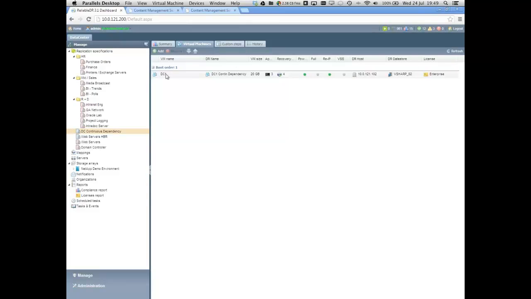But that then gives you a couple of issues with things like names, because you can only have one machine of a name inside that environment. So in this case, I've renamed it the DC1 continuous dependency. So it's still DC1, the SID, etc. is all the same. And if I come back to my HBR job,